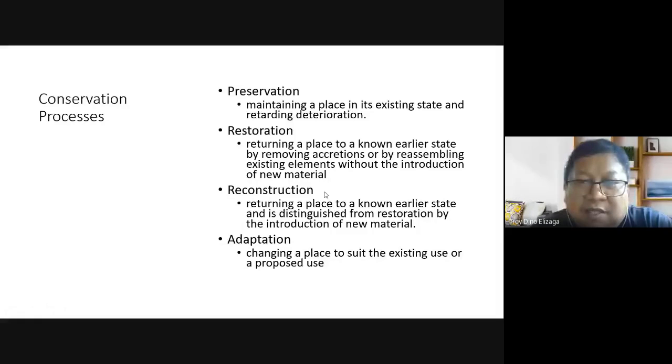And then finally, adaptation. Adaptation is actually like renovation. Okay, so you change a lot of things. The material can also change, especially the use. So a house may no longer be used as a residence. Instead, it is used as a museum or a souvenir shop or a restaurant or any other training center, for example. That's also possible. But the use has to be consistent or